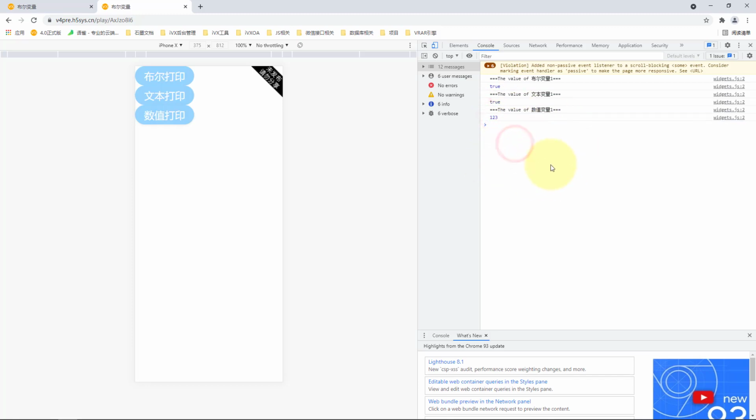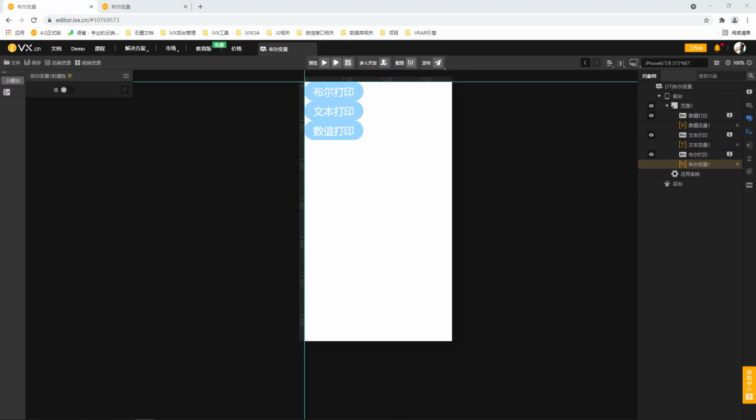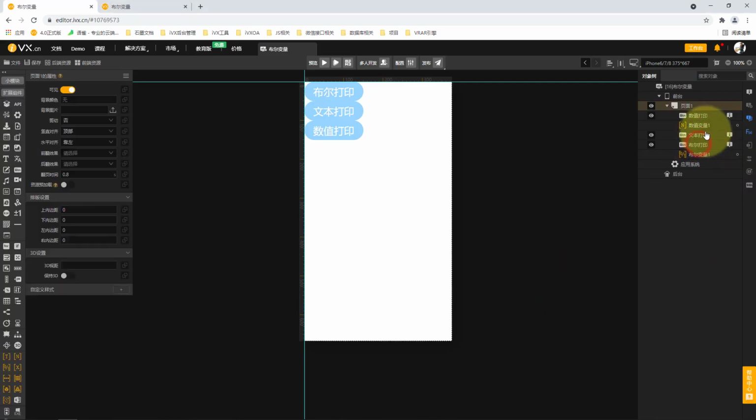We can find that if it is a numerical variable of our system, its value is printed in our console. It is blue. We must pay attention to this. It is a blue value. Okay, after we have separated the types related to our text variables, numerical variables, and Boolean variables, let's delete all